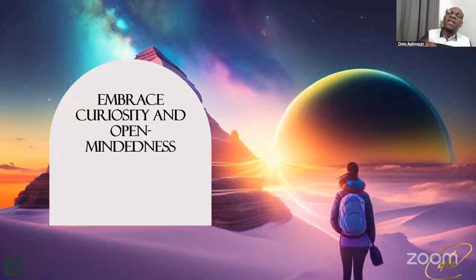Then you need to seek out diverse perspectives. Somebody talked about perspectives earlier on. We have to seek out diverse perspectives, and this is critical. Engage with people from different cultural backgrounds. When we got here, we told ourselves we already have enough interaction with our fellow people. We'll continue to have that network with people, even with our skin and our color and our race, that are headed somewhere, because myself and my family, we think strategically. We look at what will become 10 years from now, 20 years from now.